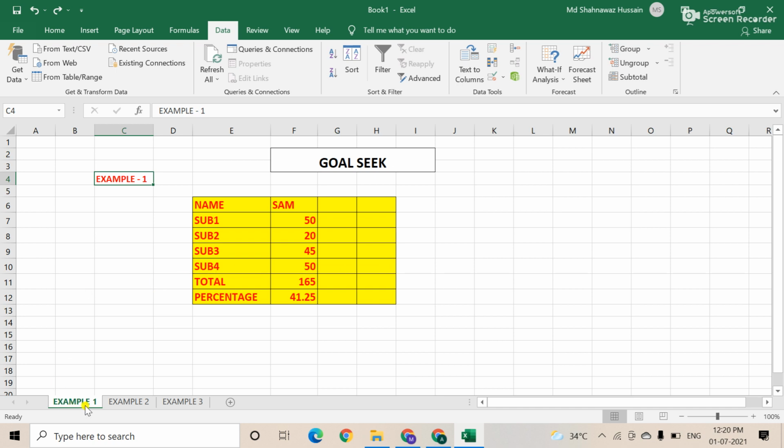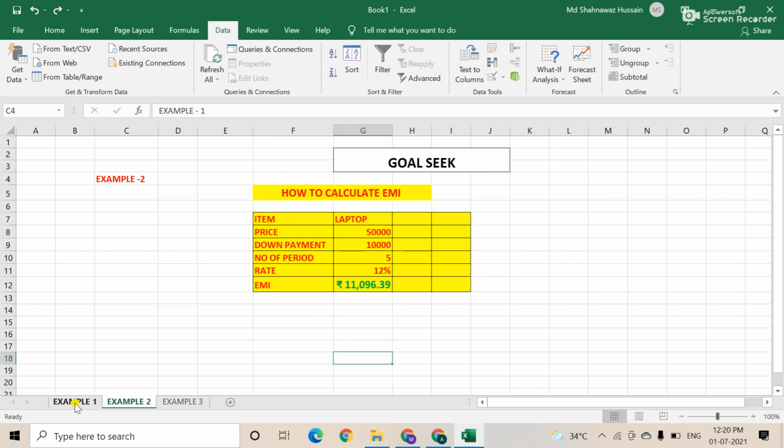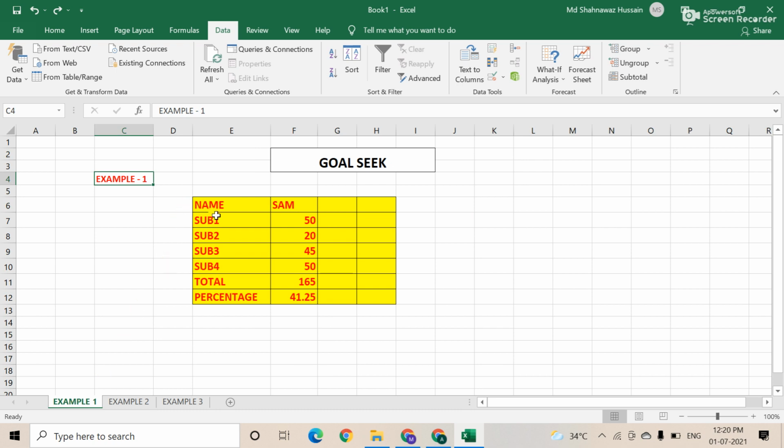Here I am giving two examples of goal seek, example 1 and example 2. In the first example, you see the student name and the subjects, four subjects, then the total and the percentage.